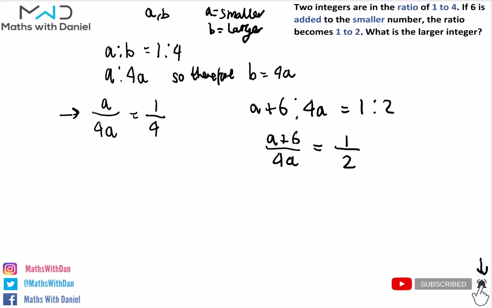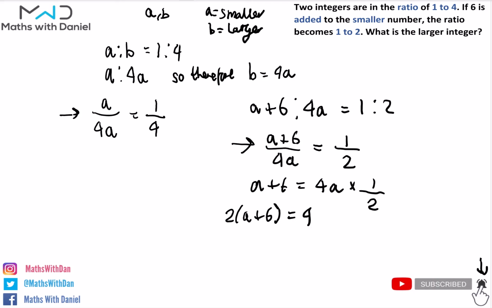So we need to find out what B is. Looking at this equation here, we've got a fraction, and we've just got an unknown in terms of A. So what we can do is cross multiply. If I multiply both sides by 4A, I'm going to get A plus 6 is equal to 4A times 1/2. And then I'm going to multiply both sides by 2 to get 2A plus 6 is equal to 4A,